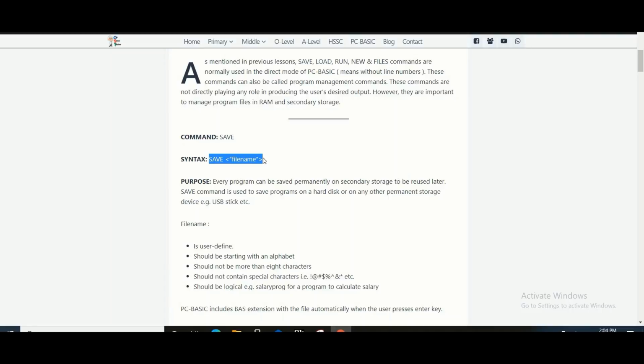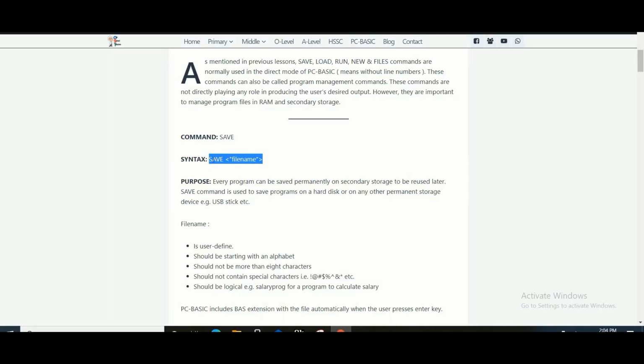The detail of the command which is required to use any instruction or command of any language, that is called syntax. So syntax tells us how any command will be used.